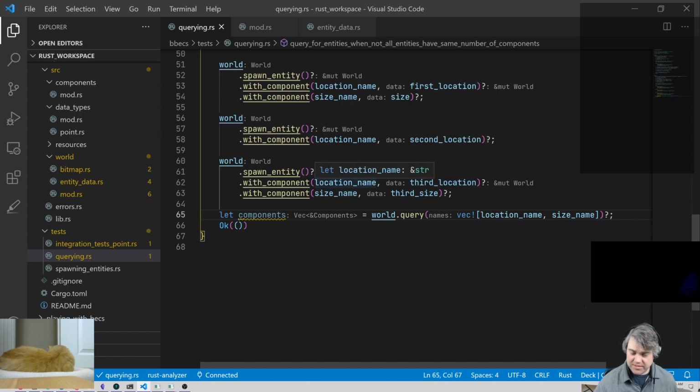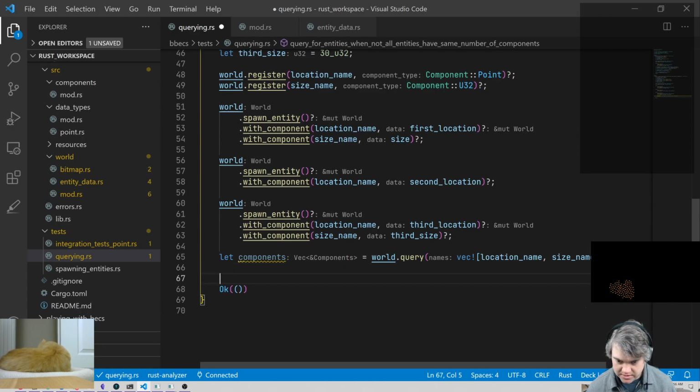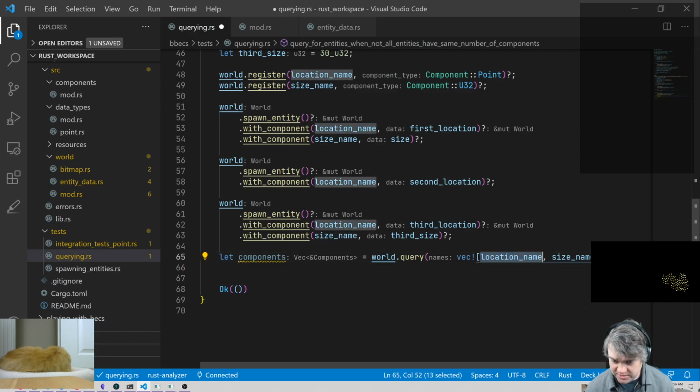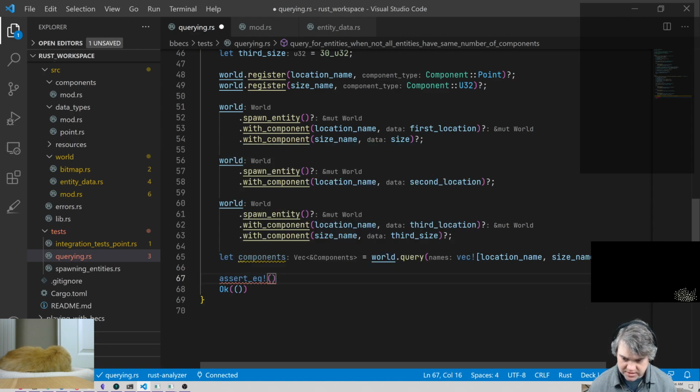So position 2 of location name, I want to be, okay, so first of all, I want the lengths of these to be 2 essentially. Now the length of components is going to be 2, but the length of each of these in here I want to be 2. So I want to assert equal,